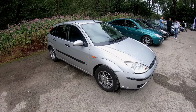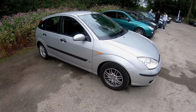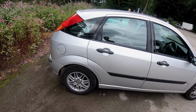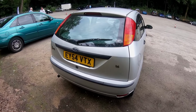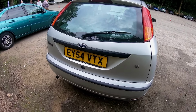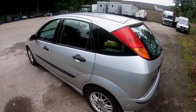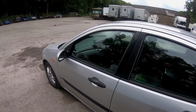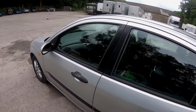And the first car is owned by a very good friend of mine, Jack. So really nice to see this car at last, and yourself, Jack, because Jack has done an awful lot of work to get the preservation group's forum up and running. He runs it, and without him we wouldn't have such a platform to help other Mark 1 owners improve their Mark 1, service them, and pick up some really good hints and tips, all in one place. And this is his lovely LX